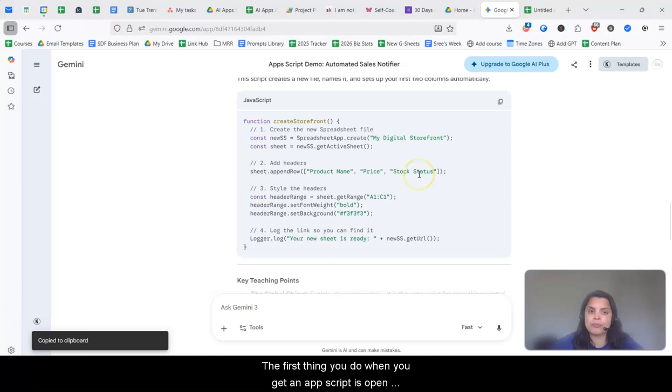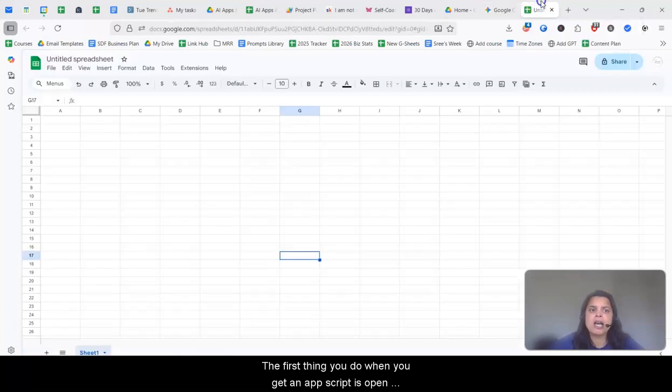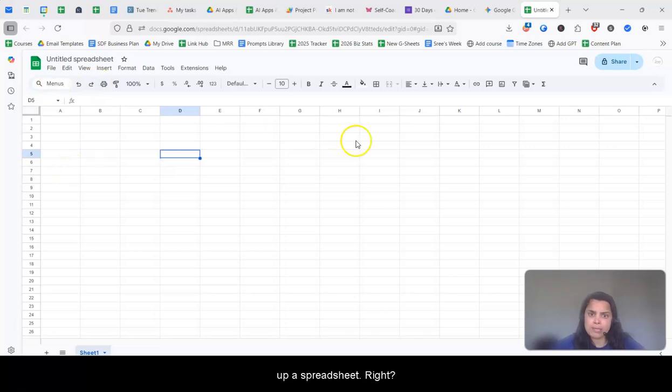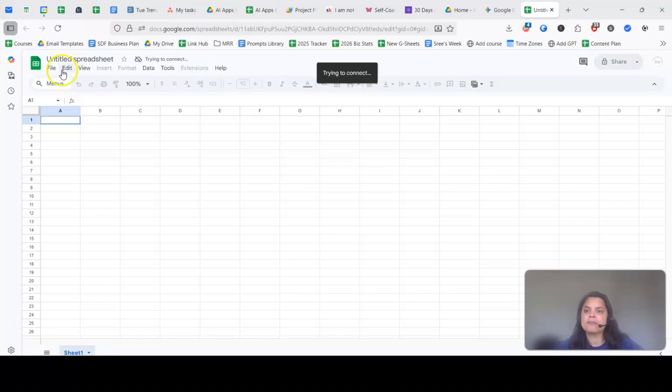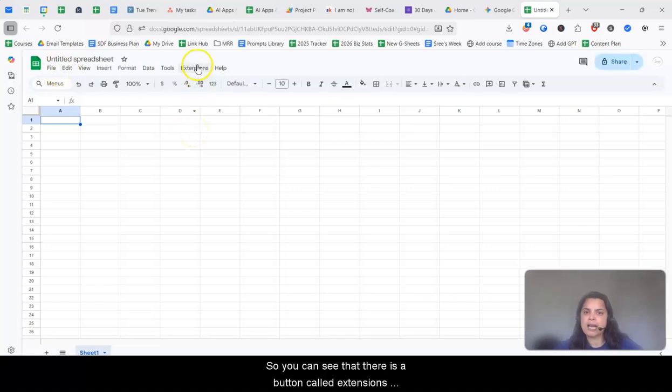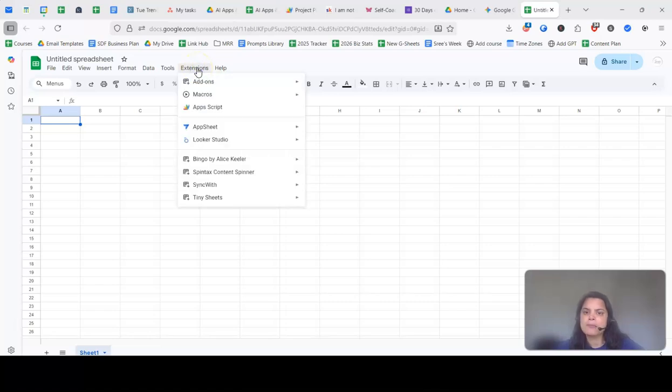The first thing you do when you get an app script is open up a spreadsheet. Right now, this is unavoidable because the script runs inside a spreadsheet. So it's not an AI tool. It is just a formula. It's a script that runs inside Google Sheets, that performs a whole lot of functions on Google Sheets that you'd otherwise have to do manually, right? So you can see that there is a button called extensions here, and that's what we're going to use. And there is what we call apps script, right? So this is where you would be doing all the work,